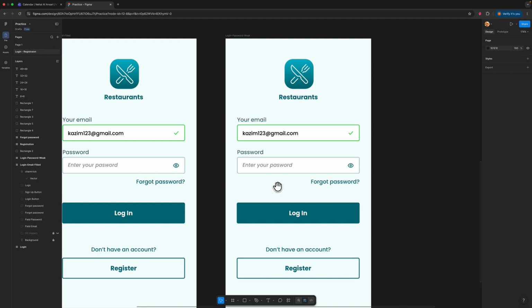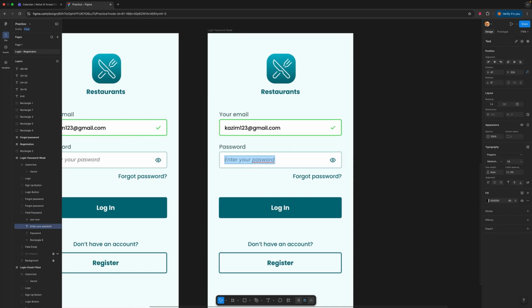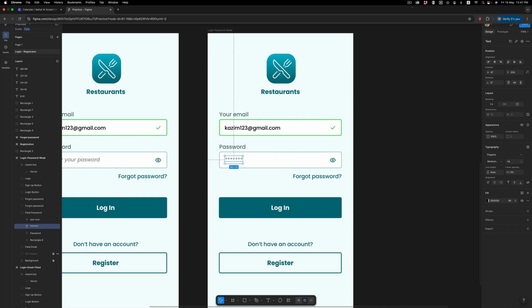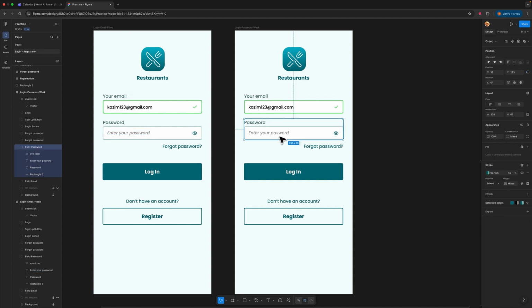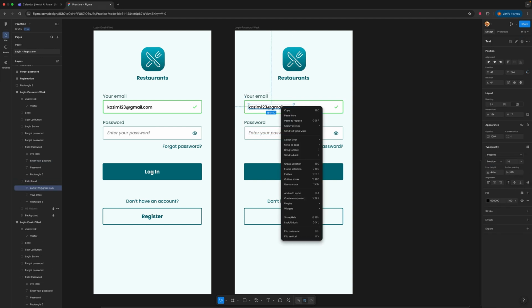So just zoom in on your artboard and double click on your text box, and you can just press Shift and 8 to add these password symbols. Once you have duplicated this, I just noticed that the password text is wrong here, so I'll double click in this field and add the S here, and same goes for here. But in this we'll just take the same font properties that we have above. So I will double click on this, and I'll right click and click on copy style,